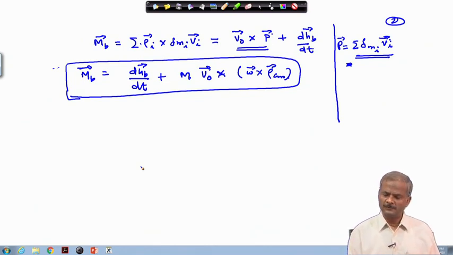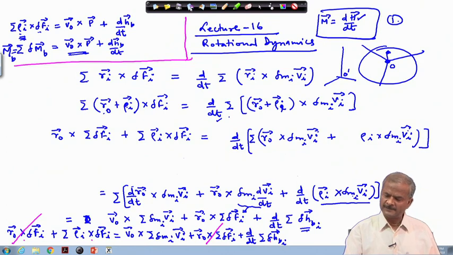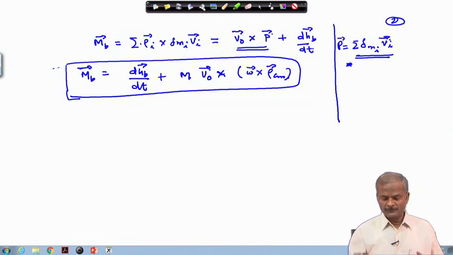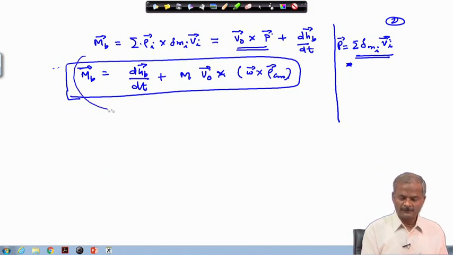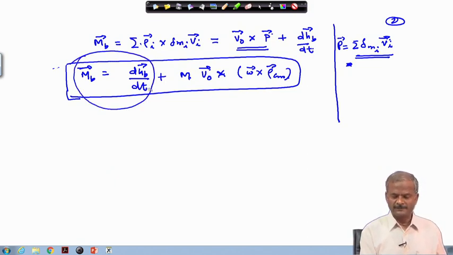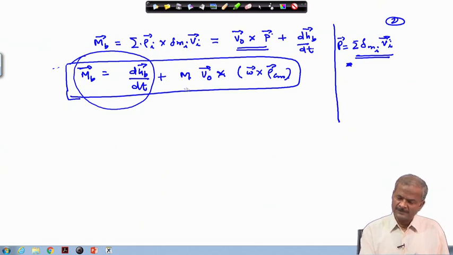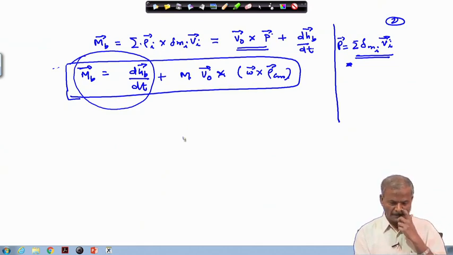As you understand from our previous discussion, if your point O, at which the body frame is fixed, is not the center of mass, then what you generally know, that m_b equals d h_b by dt, this is what you have been writing all along your education till now. So, there is in addition one term, and this term here, rho_cm, appears.